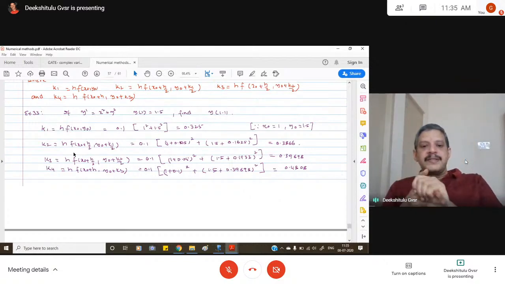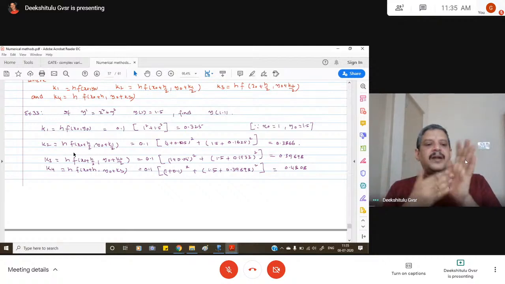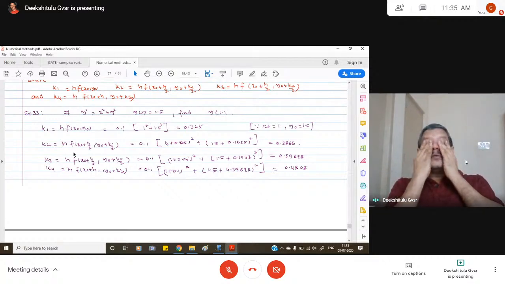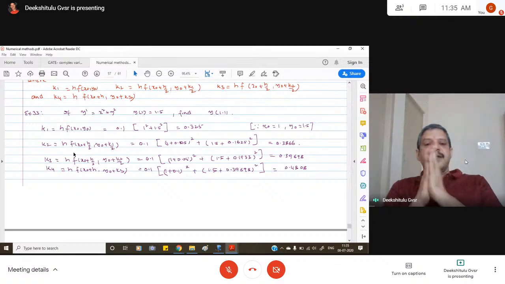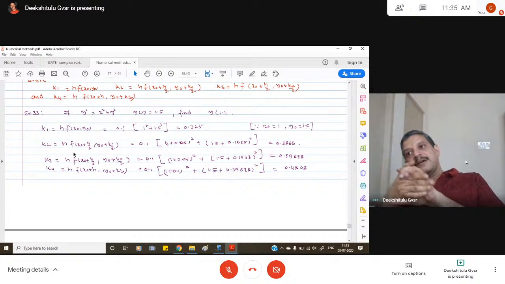So if you simplify this, you will get k3. And in k4 we again use this k3, and that is given as k4 is equal to h into f of x0 plus h, y0 plus k3. So if you simplify that,